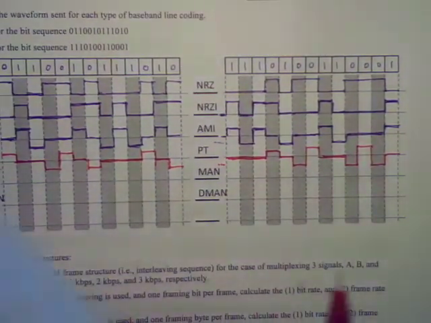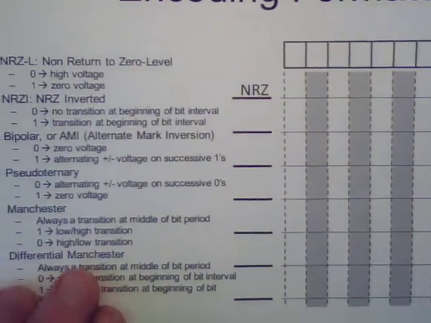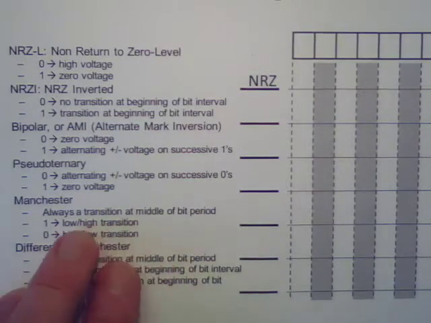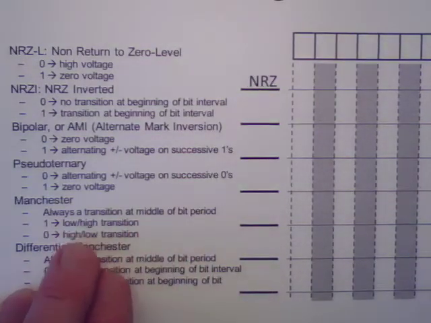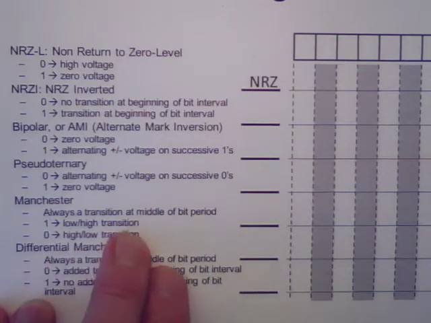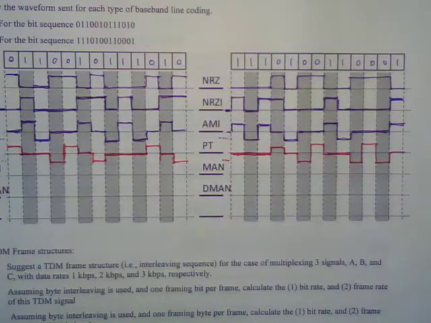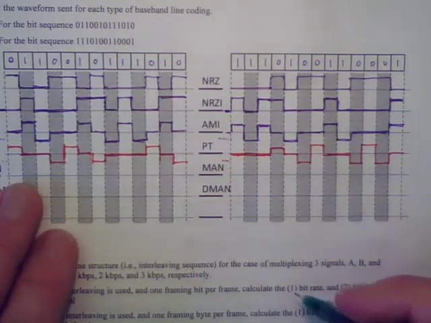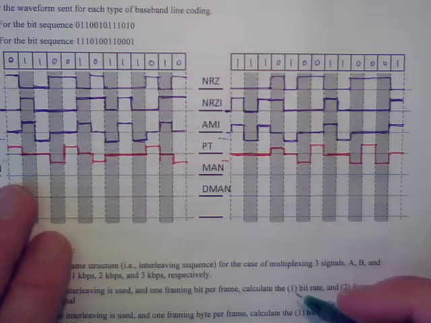Finally, the Manchester codings. These are the most complicated to argue your way through. Always a transition at the middle of a bit period, and a 1 gives a low to high, and a 0 gives a high to low. Okay, so always a transition at the middle of a bit period. You know what I'm going to do? I'm going to go ahead and draw